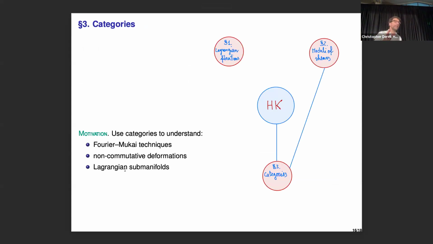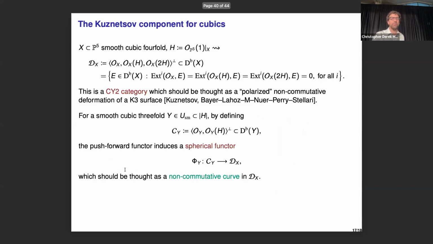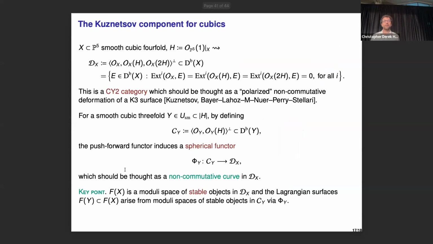These, as I told you, are needed in the whole theory, so we need to look at categories. To understand non-commutative deformation, this is a question about categories. But the interesting thing is that you can also say something about Lagrangian submanifolds by using categories. I'm really quickly out of time, so let me put all the slides together, and I will be quick anyway. So the prototype example, this is just the second to last slide.